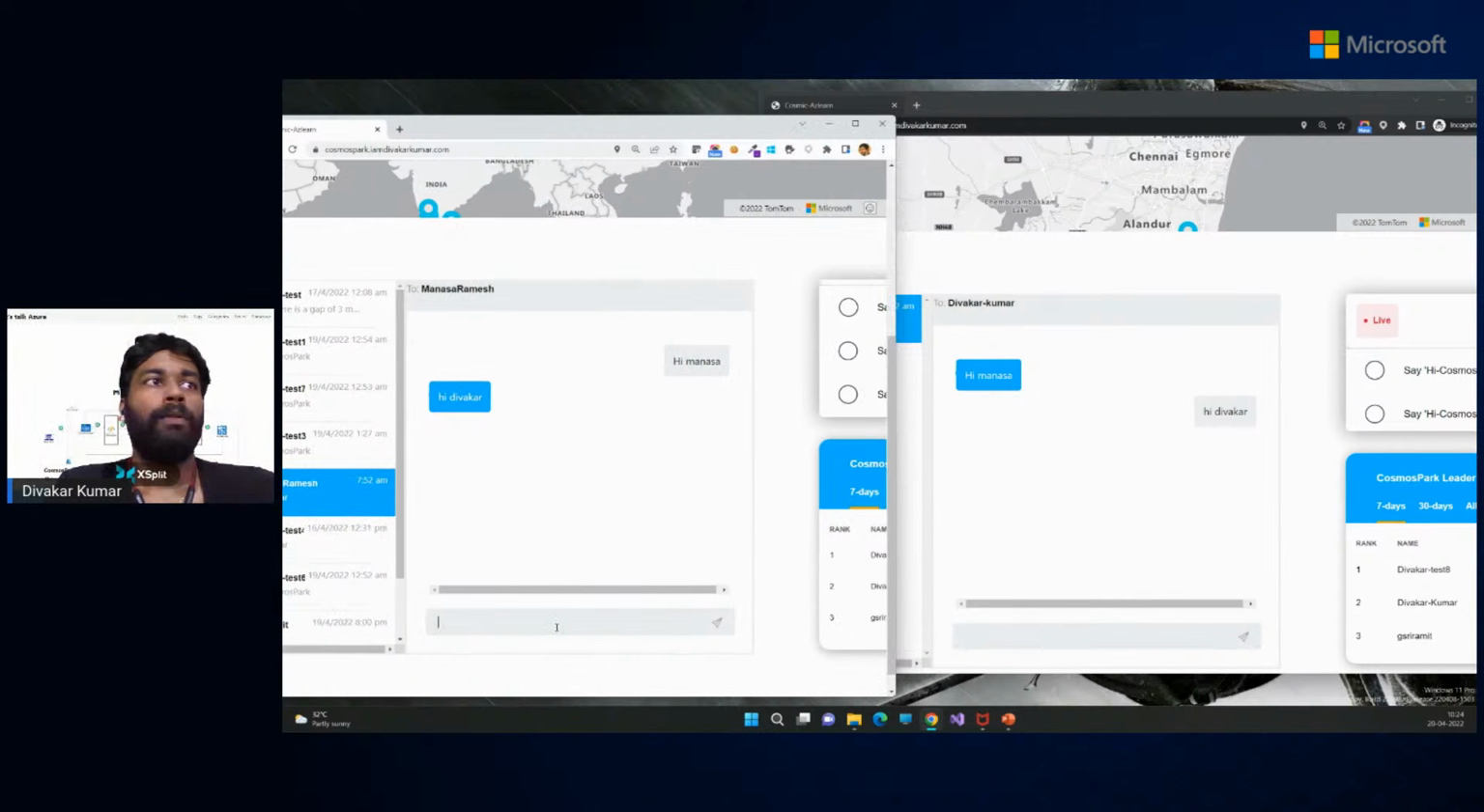So now I'm going to interact with a different user. When I start typing, you can see a little pop-up showing here: Divakar Kumar has started typing. This is something I have published directly from the client to a web app subservice. Whenever I post a message here, it will first reach the web app subservice, so that it shows you Divakar Kumar is typing, and then it will reach